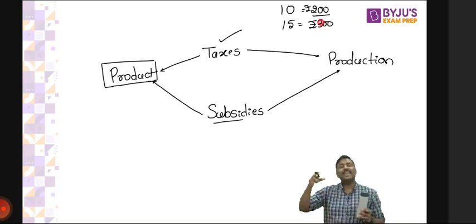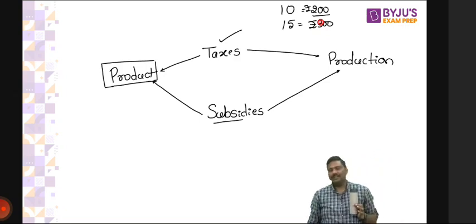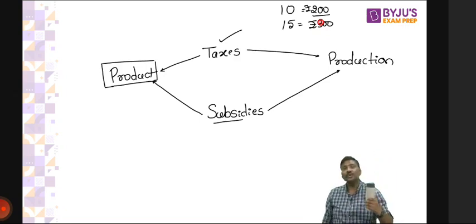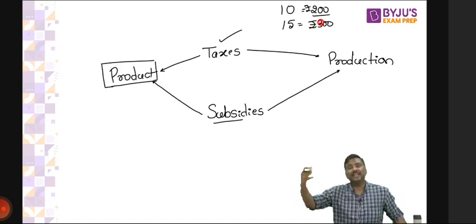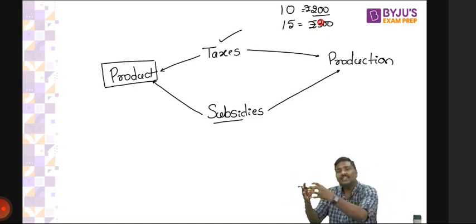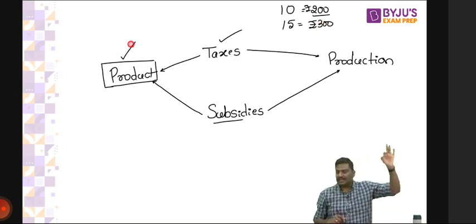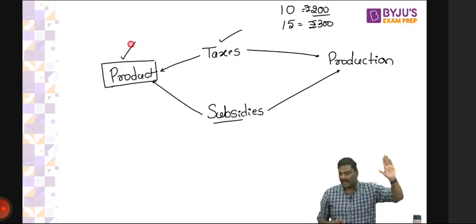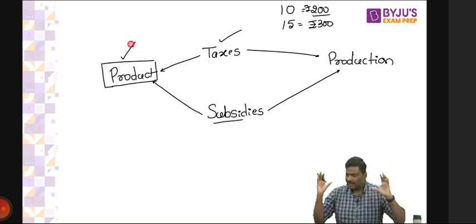Now same thing. Can I say the tax that is imposed here is directly related to the volume of production? So whenever the government imposes a tax or gives a subsidy connected to how many goods you are producing, such taxes or subsidies are referred to as product taxes and product subsidies. Any difficulty? Can I go forward now? Simple. It's basically connected to volume.